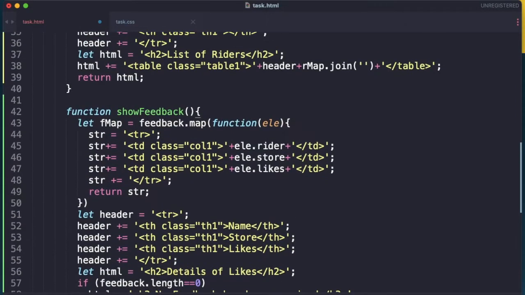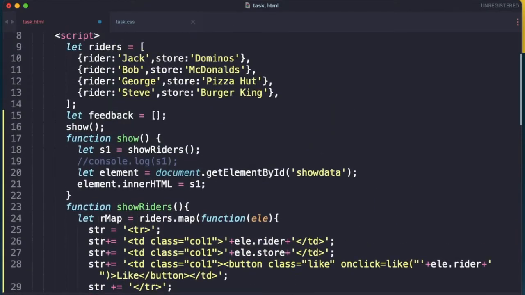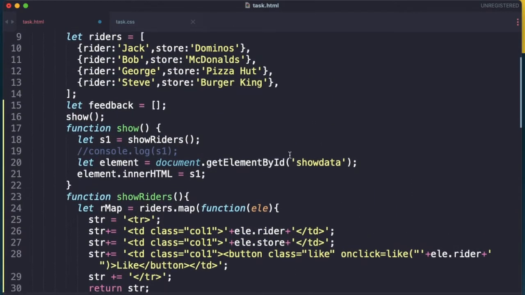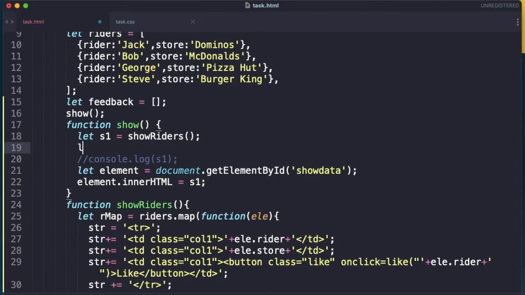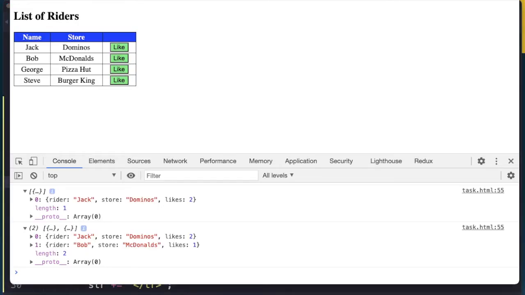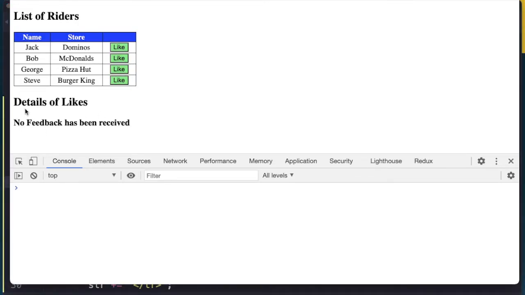So once we have created the show feedback, we can just go back and in our show function, we can get here let s2 is equal to show feedback, and in our HTML we can just say s1 plus s2. Let's test it out. So no feedback has been received,